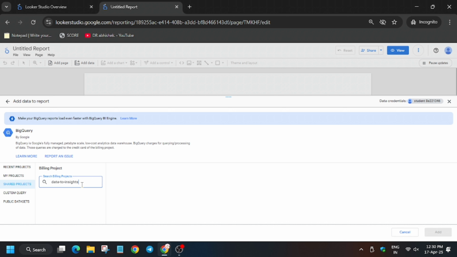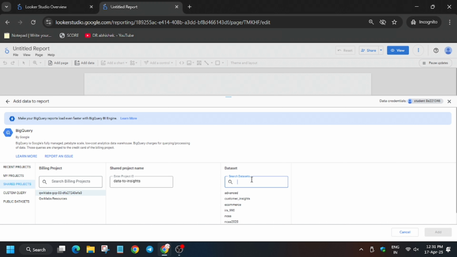Now click on shared project. So as you can see, you are unable to see here, just select your project ID. Now enter the shared project name. First you have to select the project ID, then you have to select the shared